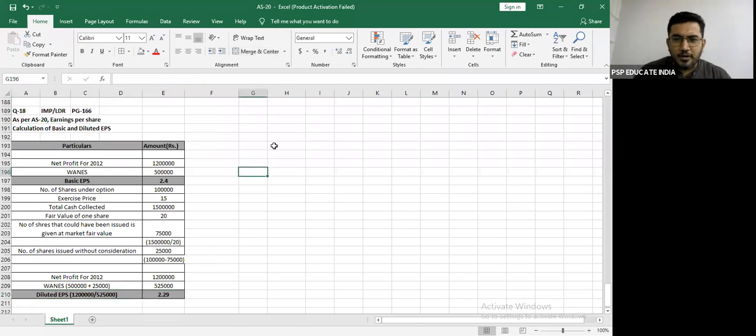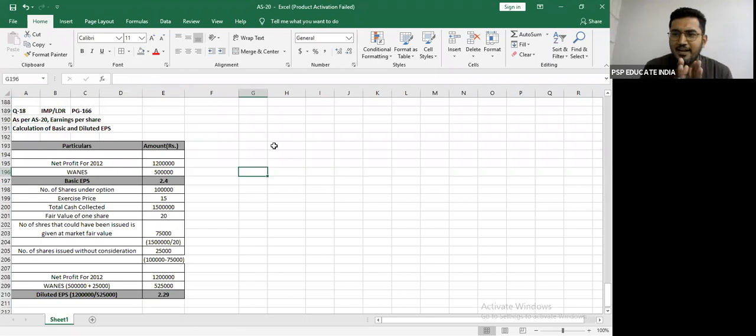Okay. Now let's take those two doubts that I had earlier. One of them says we are also required to find out diluted EPS. Yes, Spruha, we have done that. And shouldn't we add 75,000 as we are adding the number of shares increased in case of diluted? No. So Ishika, the